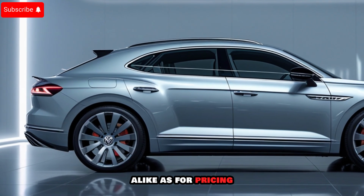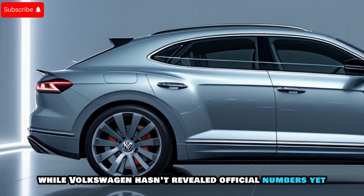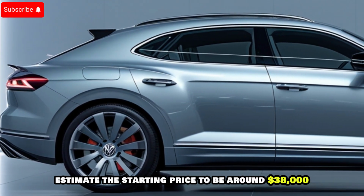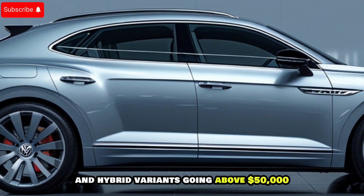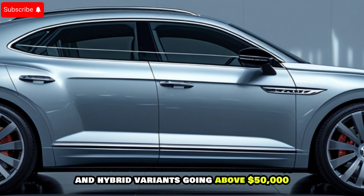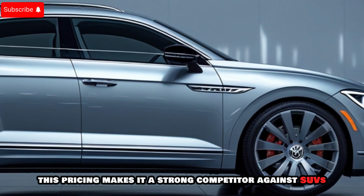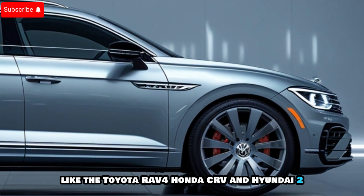commuters alike. As for pricing, while Volkswagen hasn't revealed official numbers yet, industry experts estimate the starting price to be around $38,000 for the base model, with higher trims and hybrid variants going above $50,000. Given its features, this pricing makes it a strong competitor against SUVs like the Toyota RAV4, Honda CR-V, and Hyundai